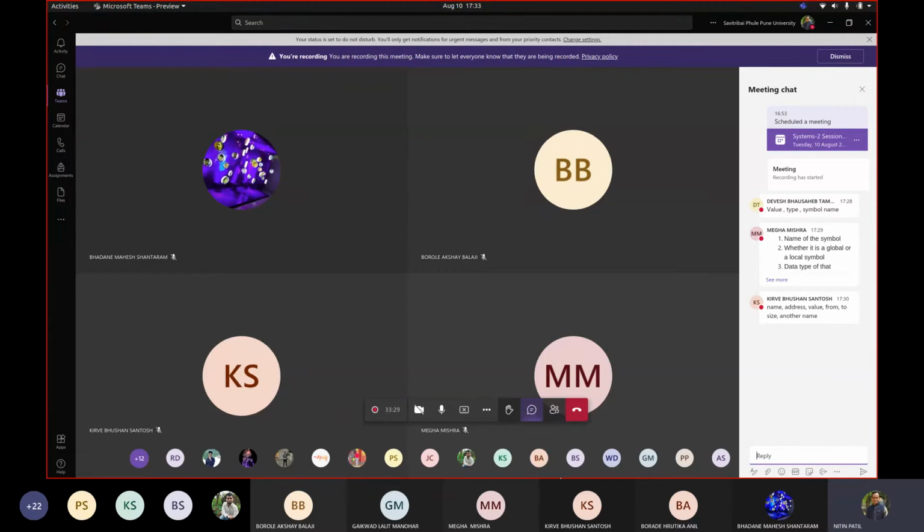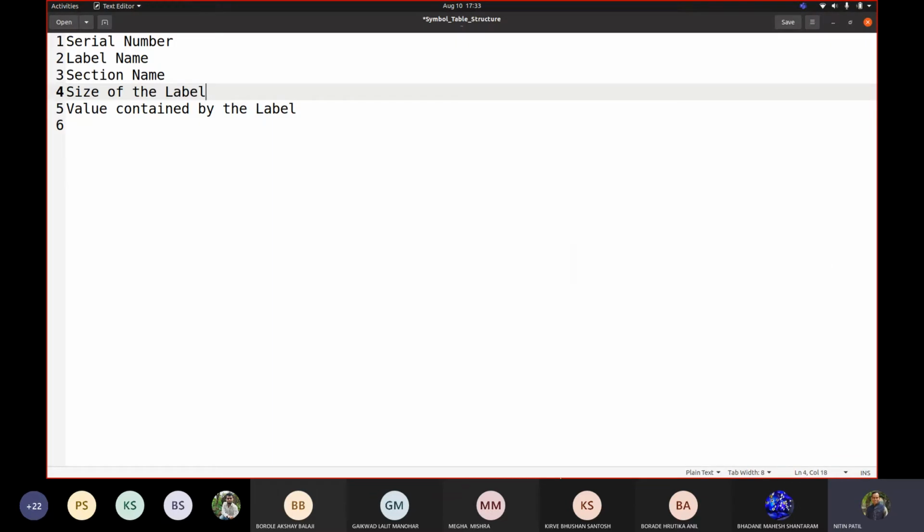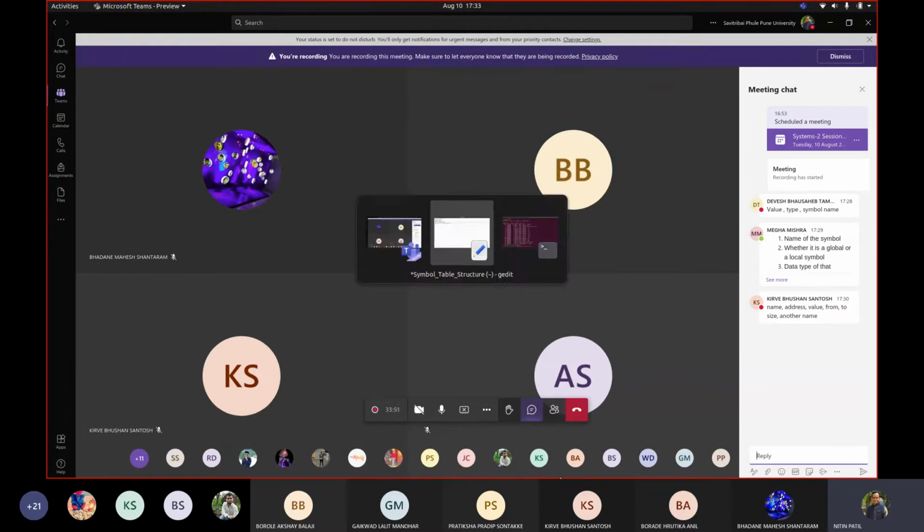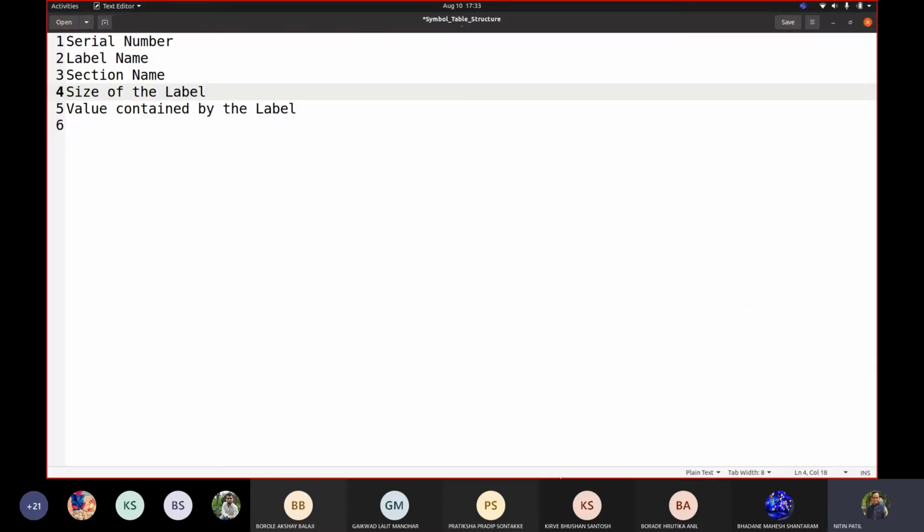Your type I'm considering in terms of size because there is nothing called type. At programming level, to differentiate the size we are given types. Name, address, value: we have not yet formulated what exactly its role is. Another name, what exactly is another name?